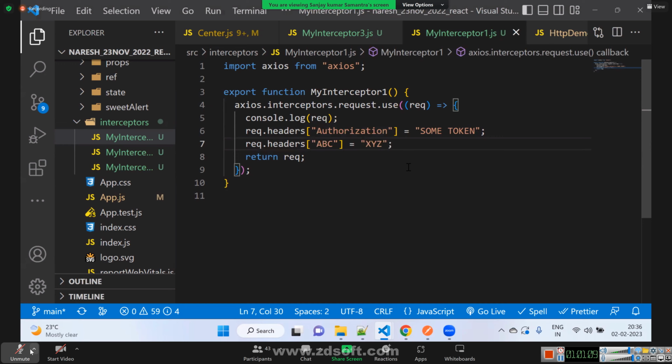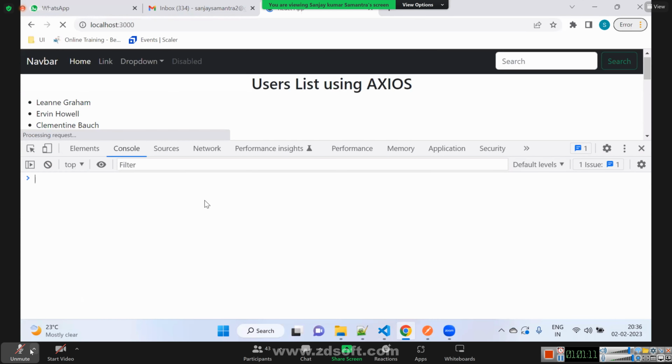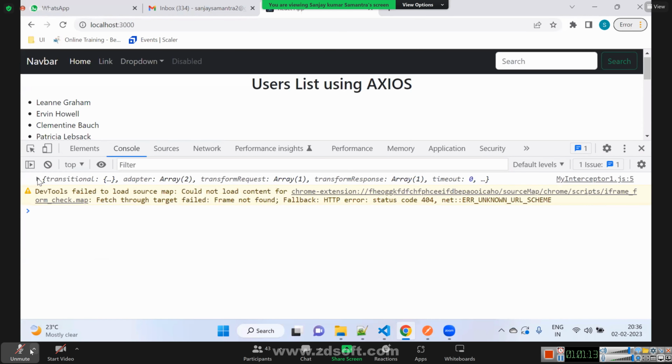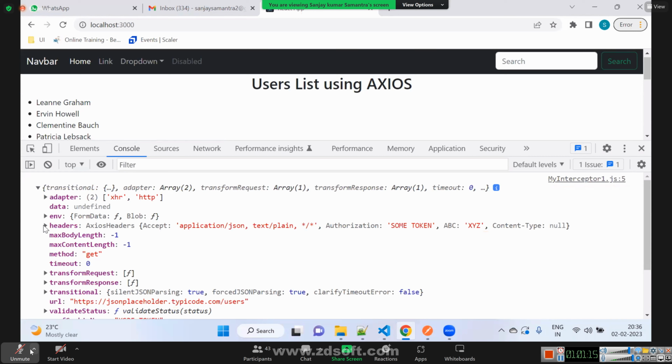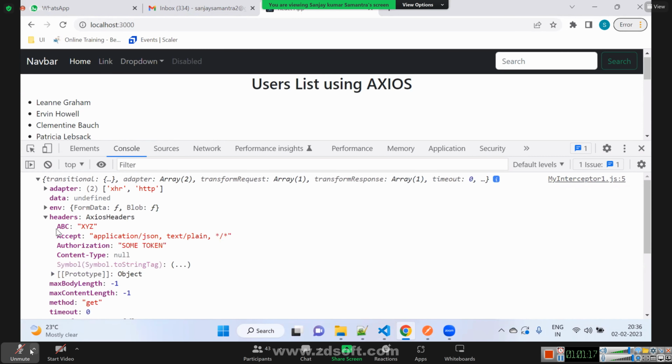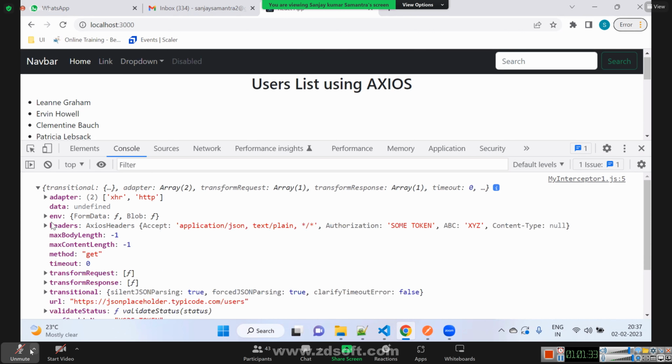In the headers, you will now see the ABC key and XYZ value, right? And it will work for all the APIs, not only for this component. You open any component, this interceptor will be running.